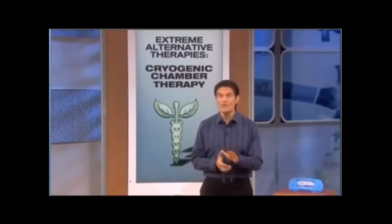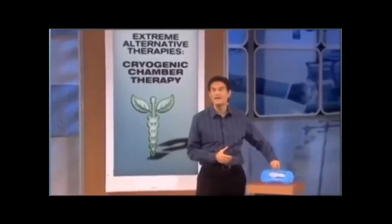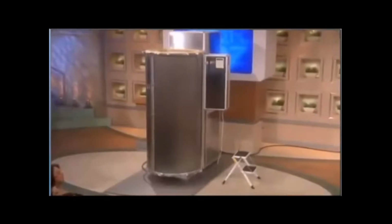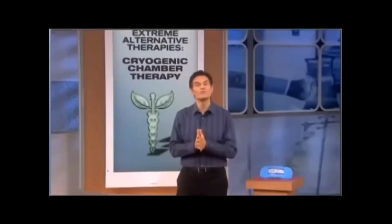Now, cryotherapy is the application of cold temperatures to all parts of our body. It's something we've used for a long time, right? Many of you may have tried this high-tech version, right? An ice pack. But imagine if you could grow it. Right over here is a cryo sauna. It's got liquid nitrogen that's released into the chamber to cool down the body and reduce the inflammation and the